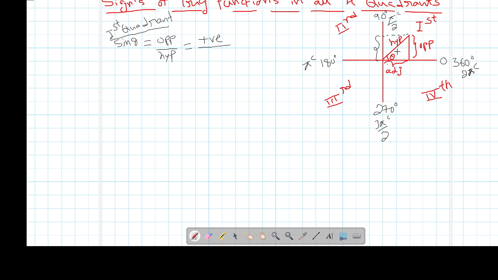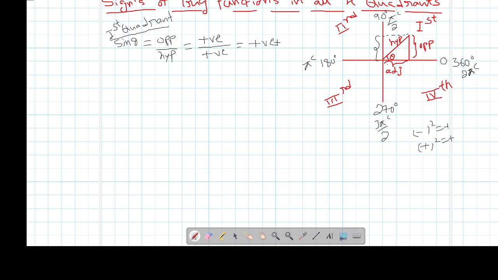So hypotenuse is a square root of that sum of squares. Whether it is minus square or plus square, it doesn't matter; minus square is also plus, plus square is also plus. So hypotenuse will always be positive. Understood this concept, right? You just have to see the opposite side, that's it. So plus divided by plus is